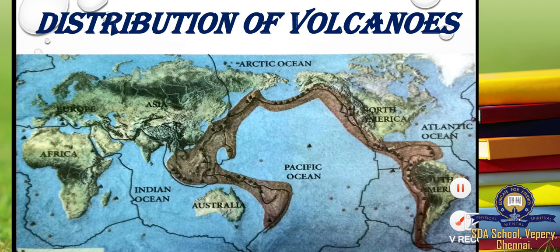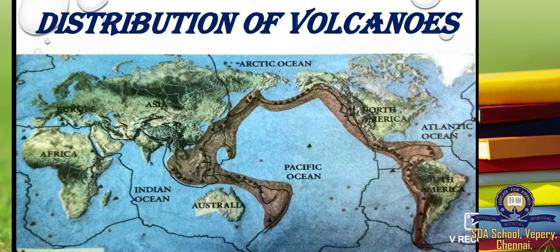Now we will see the distribution of the volcanoes in the world. Volcanoes are located in the clearly defined pattern around the world. They are closely related to regions that have been intensely folded or faulted. There are about 500 active volcanoes and thousands of dormant and extinct ones. They occur along the coastal mountain ranges, as offshore islands, and in the midst of oceans, but there are a few in the interior of the continents.